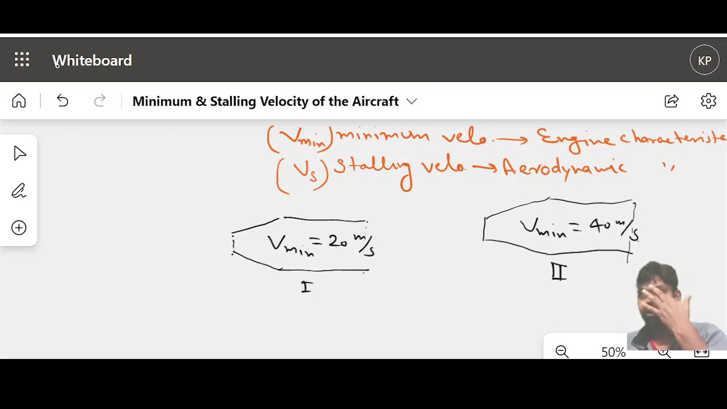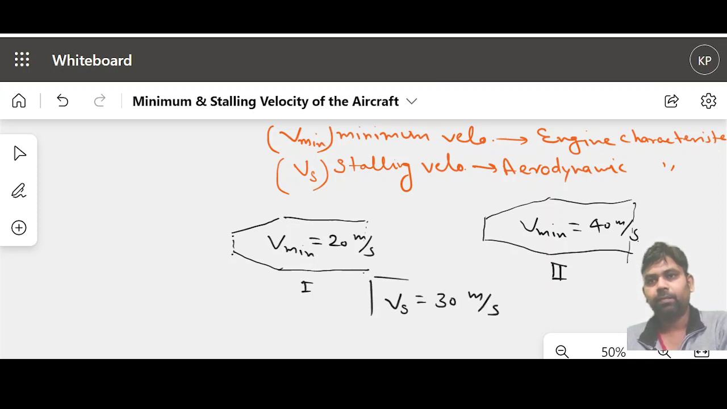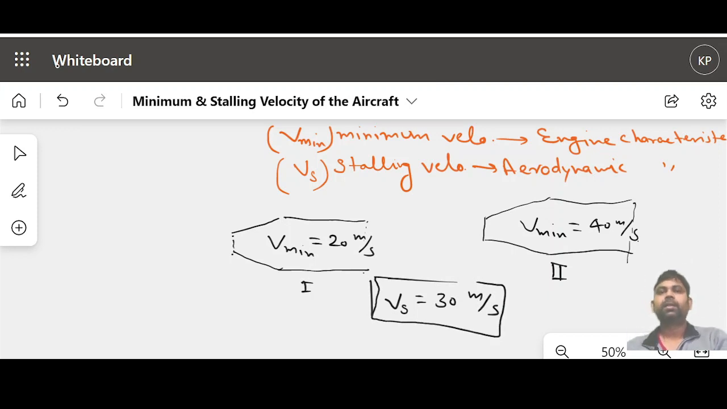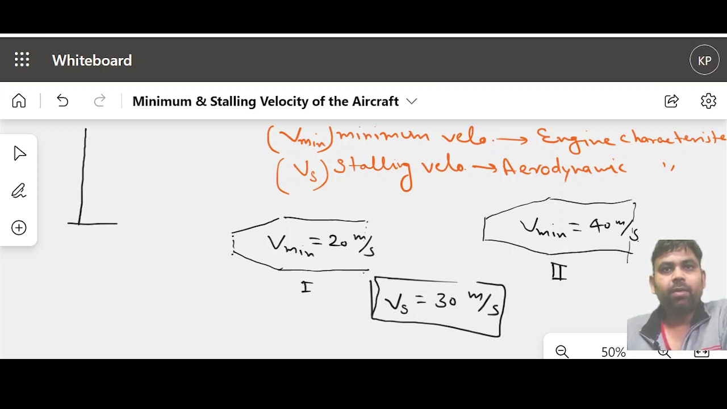Now we have a choice which engine we should use in our aircraft. Suppose we are having an aircraft which has the stalling velocity equal to 30 meter per second. Guys, try to understand this concept. It is very important for GATE exam. And stalling velocity you know very well. Stalling velocity means if we will draw